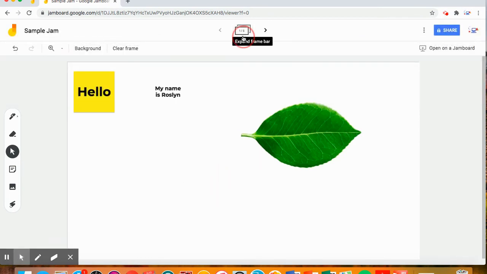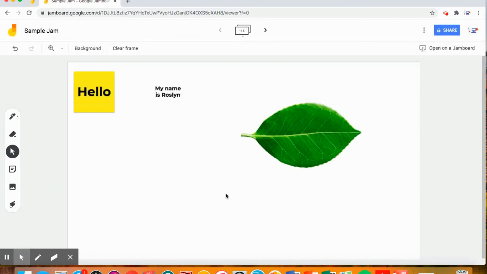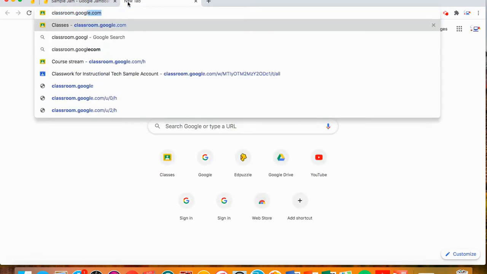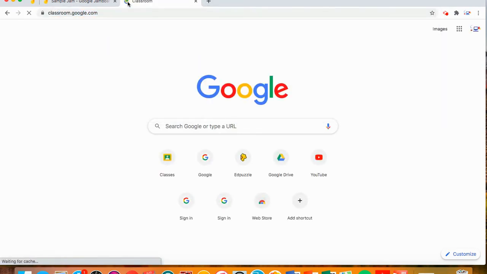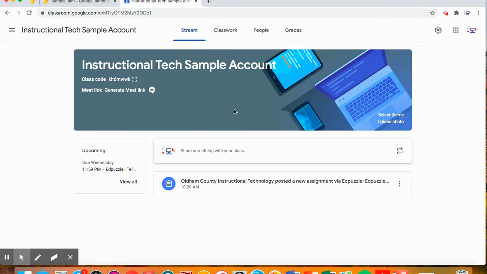Now that I have this template here for 5 different groups, I can actually take this Jamboard and assign it to students on Google Classroom. So I'm going to open up a new tab and type in classroom.google.com. I'm going to take you to this sample instructional technology Google Classroom. I'm going to go to classwork,